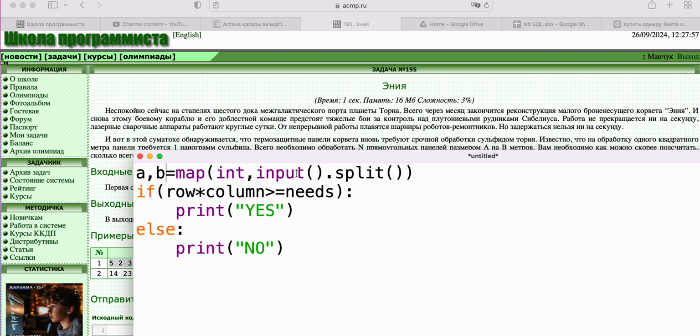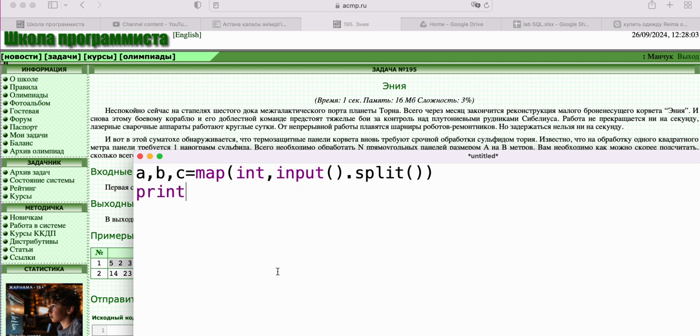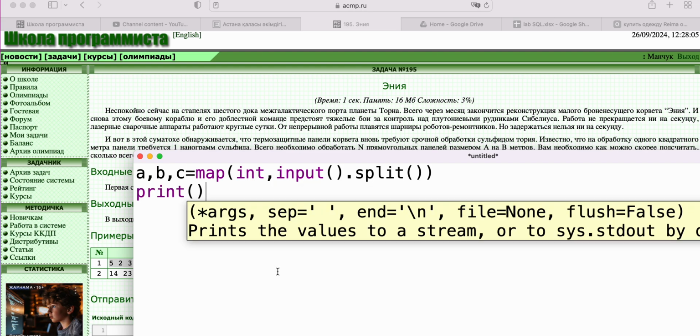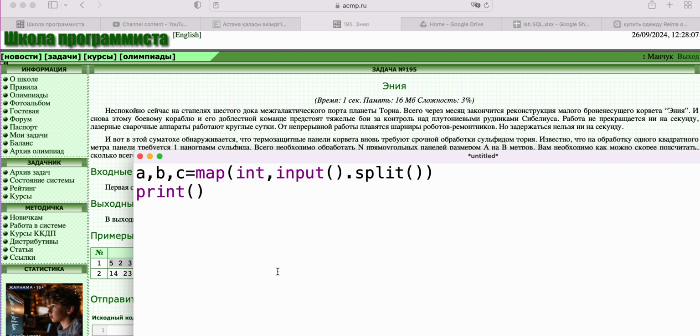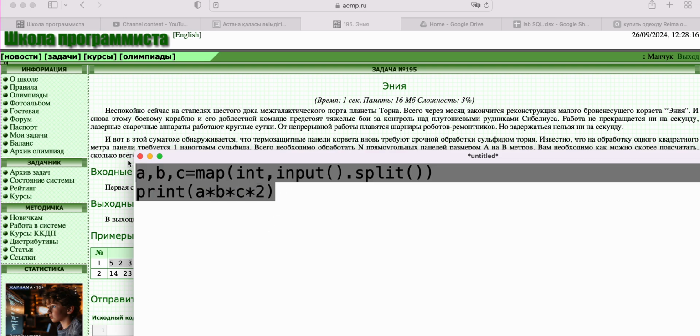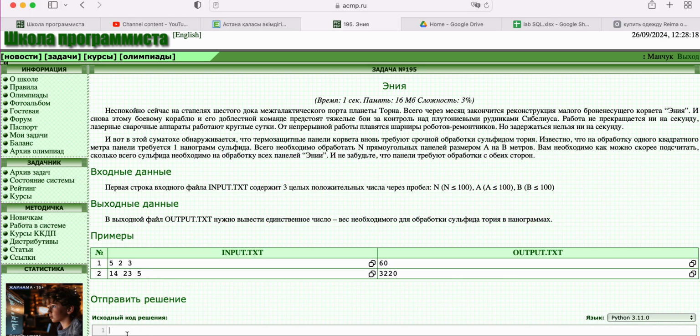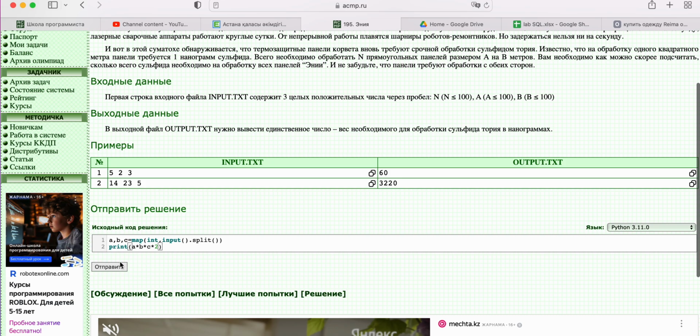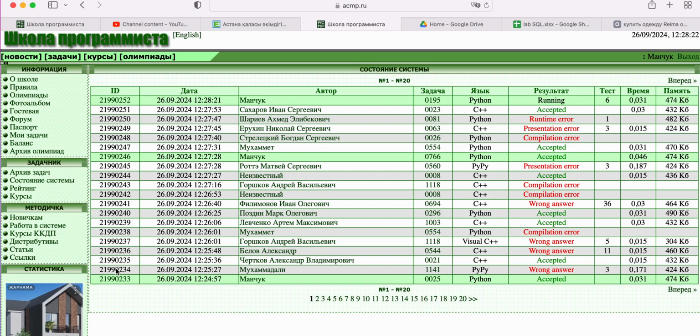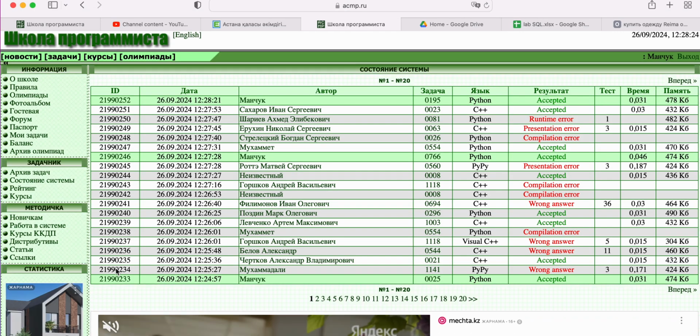Let me give A, B, C. And we need multiplication. So the star sign represents multiplication. So A times B times C times 2. Let me copy and paste it here. Let's check it. Accepted. Okay,